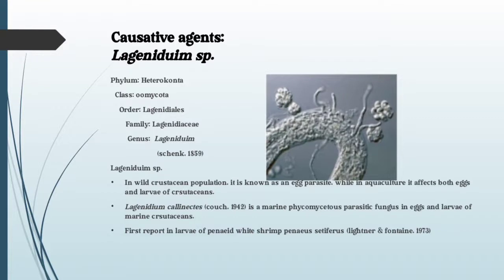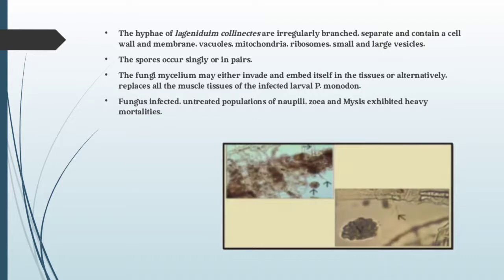Lagenidium sp. In wild crustacean populations, it is known as an egg parasite, while in aquaculture, it affects both eggs and larvae of crustaceans. Lagenidium callinectes is a marine phycomycete parasitic fungus in eggs and larvae of marine crustaceans. First reported in larvae of the penaeid white shrimp Penaeus setiferus. The hyphae of Lagenidium callinectes are irregularly branched, separate and contain a cell wall and membrane, vacuoles, mitochondria, ribosomes,